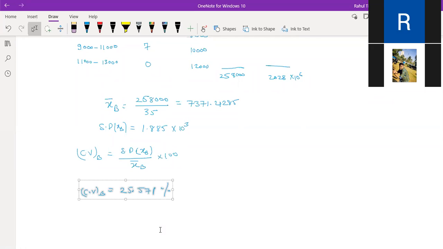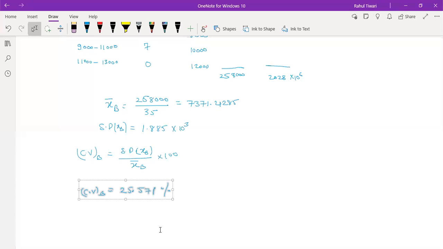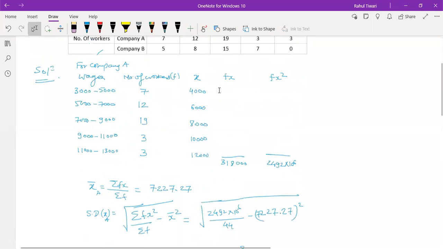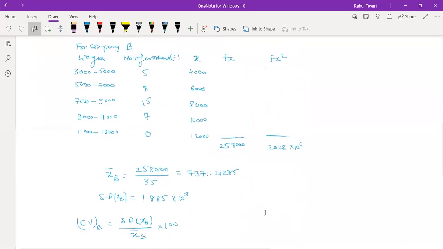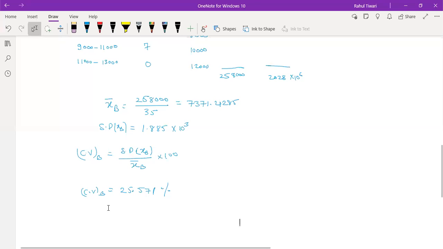Do you understand what I'm trying to say? Why is company B better? Because it has small variation, less variation as compared to company A. But if I talk about which company has greater variation, that means company A has the greater variation. So try to understand the conceptual thing. The question here asks which has greater variation, so we say company A. But if I ask you which company is better, then your answer becomes B. Okay, therefore